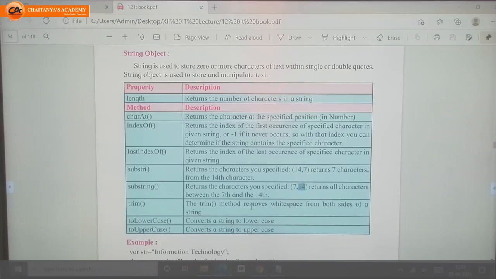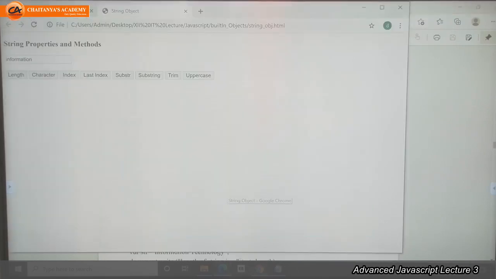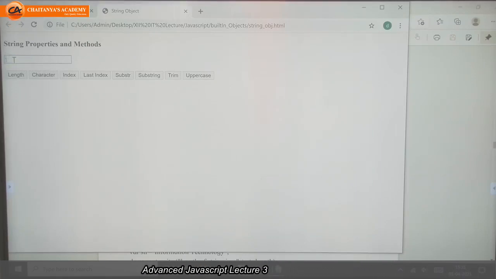Next method is the trim method. Trim method, what does it do? It removes white space from both sides of a string. For example, if we pass one string, but before passing, I write some spaces, and then I enter the string, then again I give some spaces, then check. First it gave us 11 as the length.